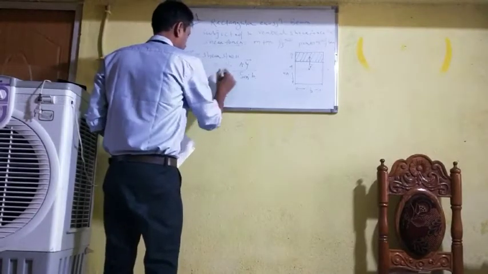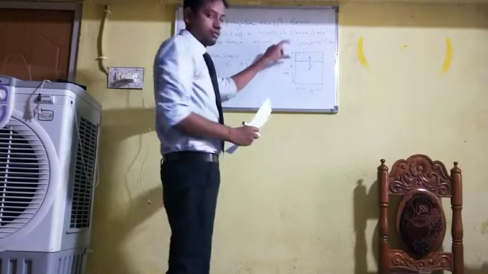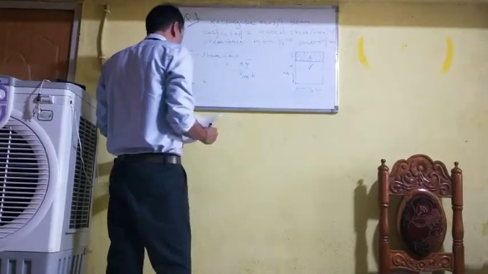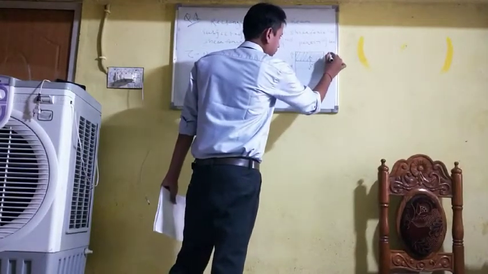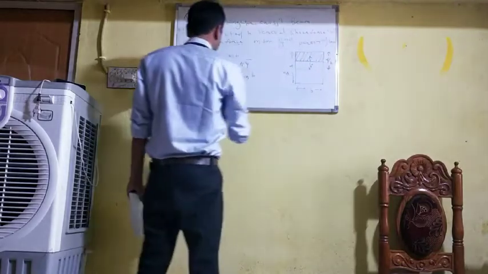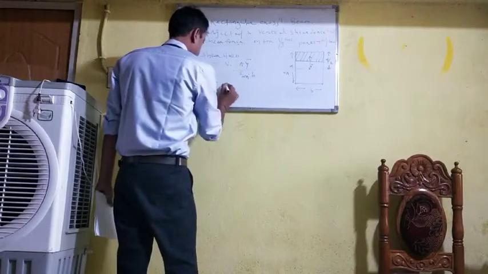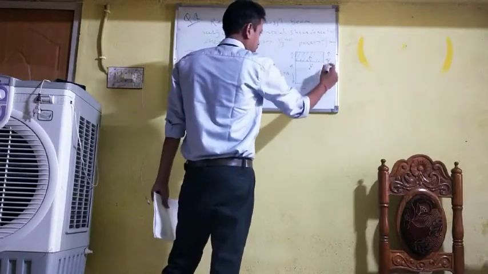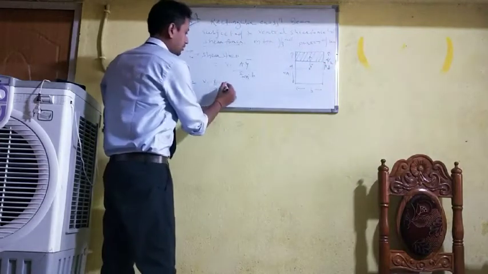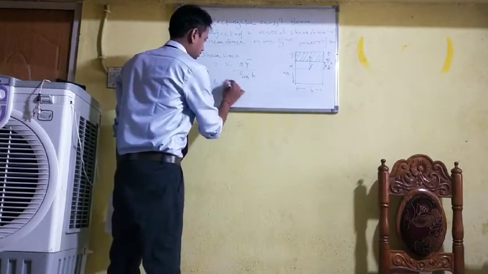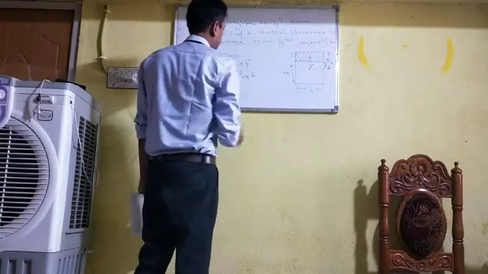Okay. So this is V. We have to first find out the area of the hatched portion, and that will be equal to, as you know, this is D, then this will be D by 2. So area will be, the width is B, so B into D by 2 minus Y, this will be Y. So area will be B into D by 2 minus Y into,